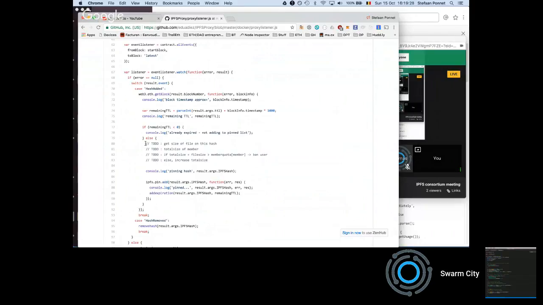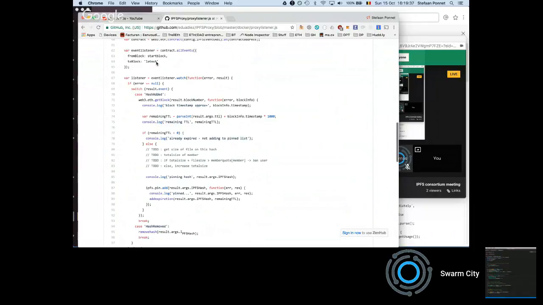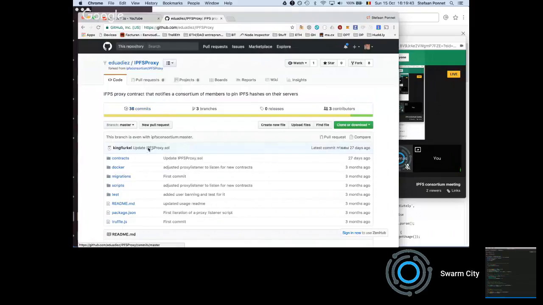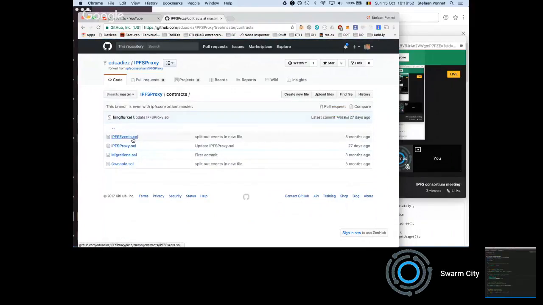Now, there are still some things to be done because, for example, we are currently not checking the file size of the hash to compare it to a quotum. So the idea of the quotum is that each member, and it can also be set in the smart contract, but it's one quotum for the whole, let's say for each member. So it's all the same. Each member has the same amount of quotum.